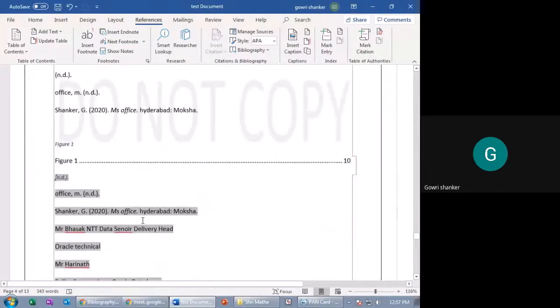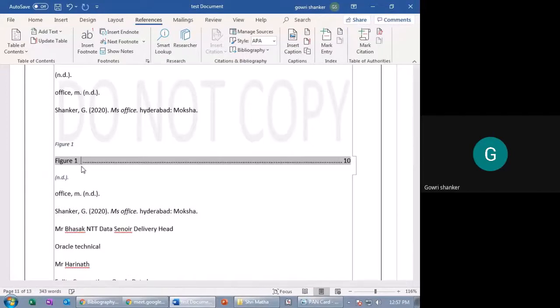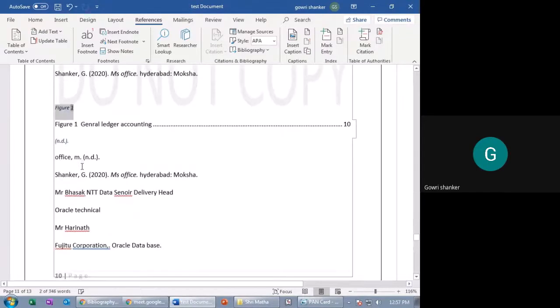Okay, see here. You can see here figure 1 has come here. For example, I say general ledger accounting, right? And figure 2, you can keep some other accounting, again balance sheet or profit and loss account.